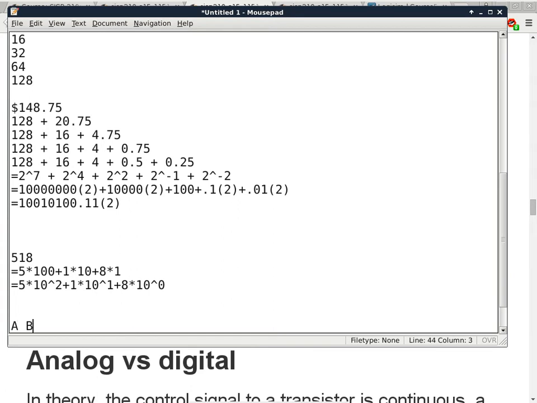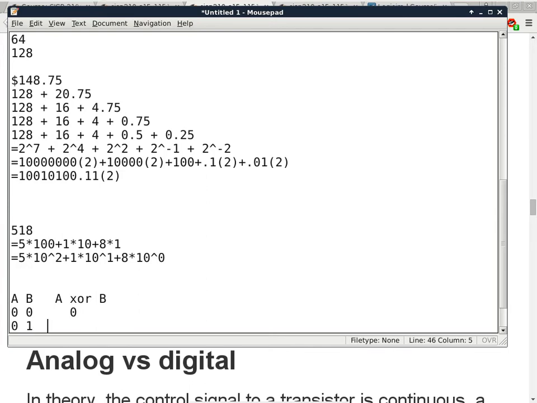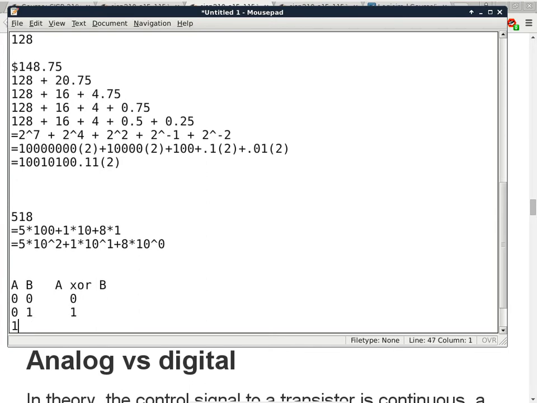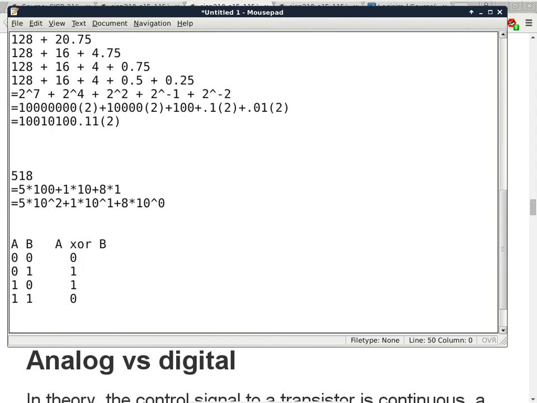We have two independent inputs called A and B, and we want to go by the truth table by the definition of exclusive OR. Zero exclusive OR 0 is 0. 0 exclusive OR 1 is 1. 1 exclusive OR 0 is 1. 1 exclusive OR 1 is 0. Okay, great. Now that we know how exclusive OR itself is defined, the next thing we want to do is